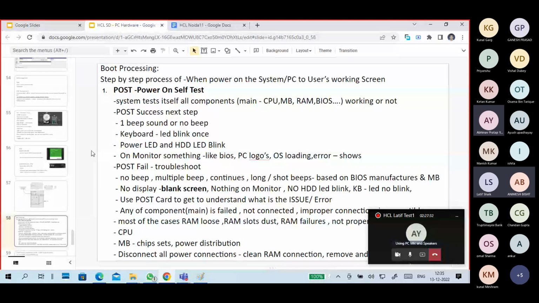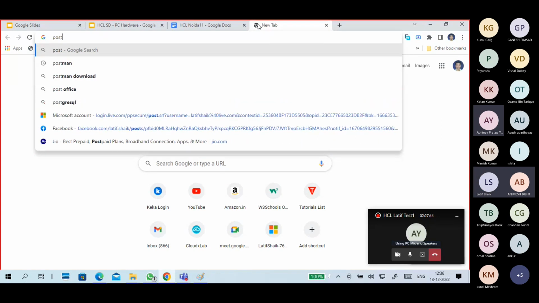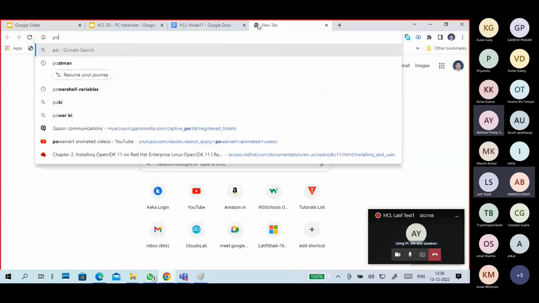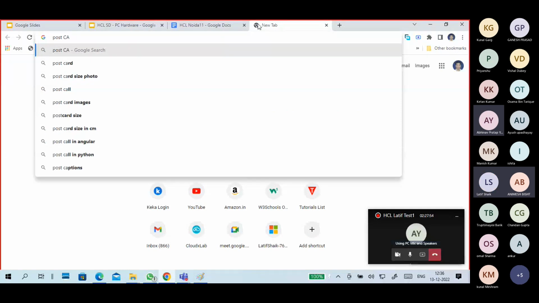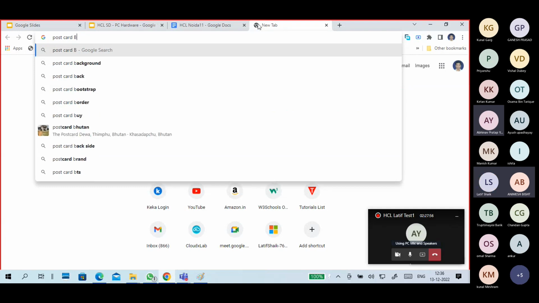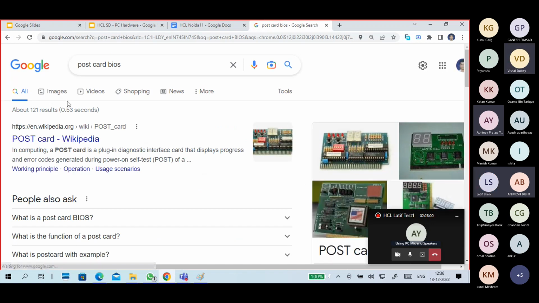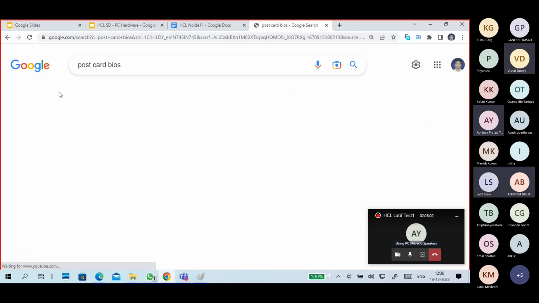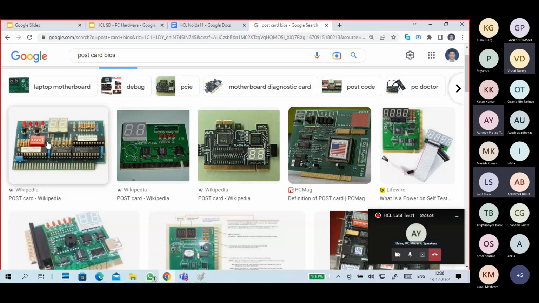Based on these beeps, we can understand which component of the computer is having a problem. If you don't understand the beep sound, or you didn't hear the beep sound and you think there is a POST failure,